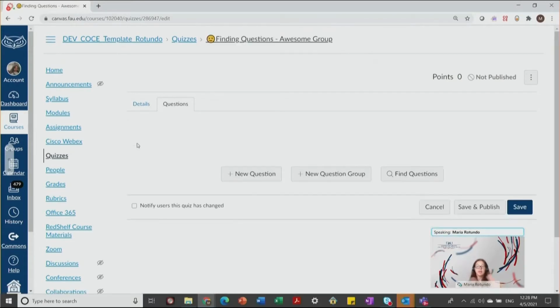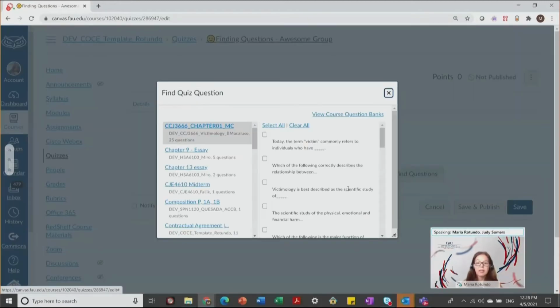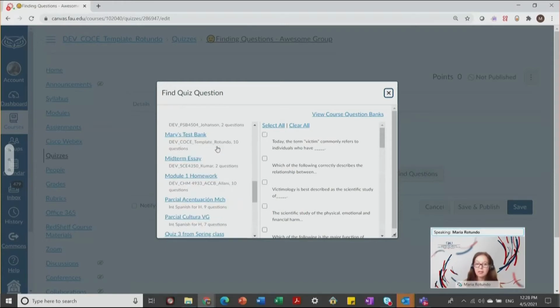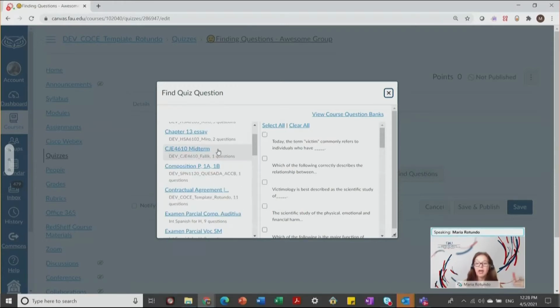Okay, so we're here in a blank quiz with nothing on it. And I'm going to demonstrate the second option, using the find question feature. And to answer Dr. Ross' question here, you have access from that option to all the question banks that you have created in Canvas. If you only want to access the question banks in that particular course, then